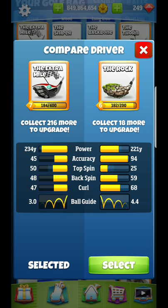And again, when you're comparing these drivers here, it looks so obvious to you guys that you have to use extra mile to win, where the exact opposite is actual reality. The extra mile is successful for guys who hit a perfect ball 80-90% of the time. The other 20% of the time is guaranteed one ring greats or perfect ball. If you're not doing that at an extremely high rate, don't even consider putting extra mile in your bag. You don't need it. It is a useless club if you can't keep it in play